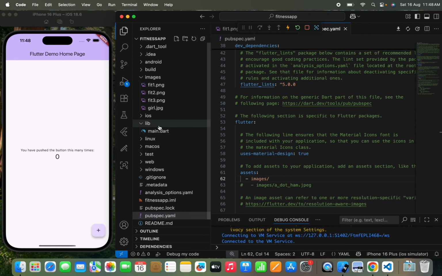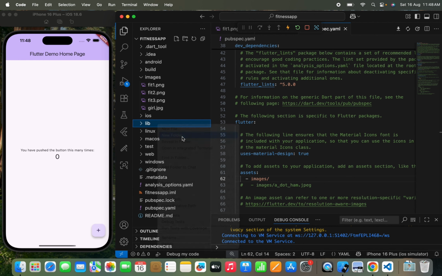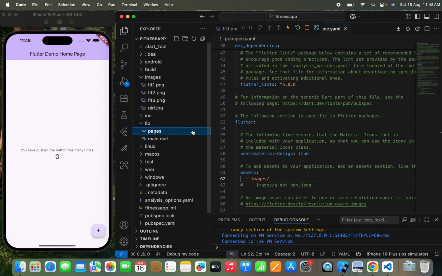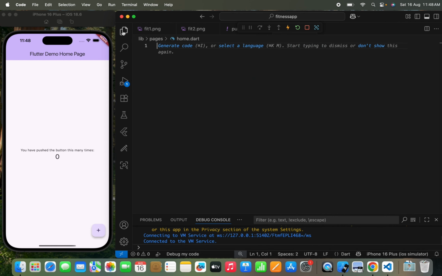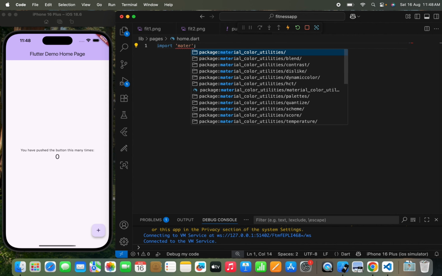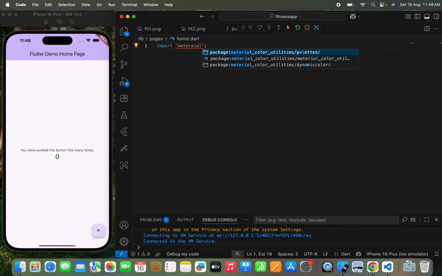Now here I'm going to move to the lib folder. I'm going to create a new folder named pages, and inside this pages folder I'm going to create a new file named home.dart. Yeah, so once we do this, now here I'm going to first import the package by using material.dart. So I'll write